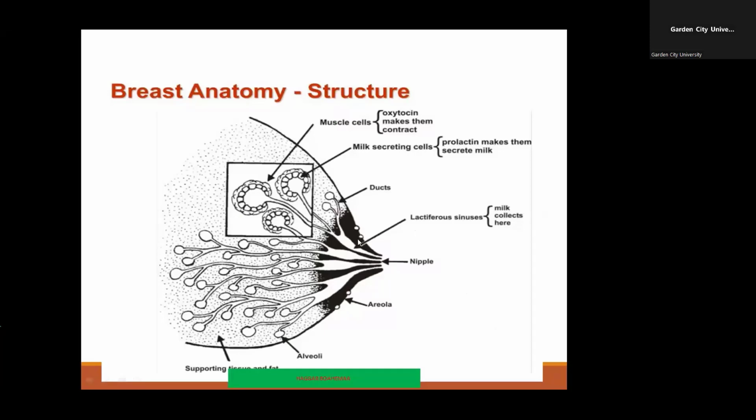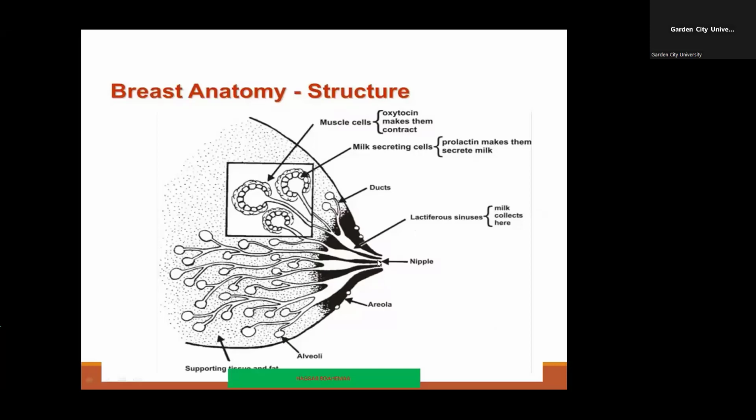So here, this is the ampulla. Another name is the lactiferous sinuses. So here, the milk will be stored. Now, if the mother puts the baby to breast on the nipple only, the baby's mouth doesn't get to the lactiferous sinuses or the ampulla to squeeze it for the milk to flow into the baby's mouth. So the baby will end up just pulling the tissue around the nipple, and that will result in sore